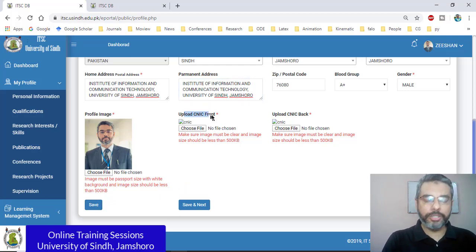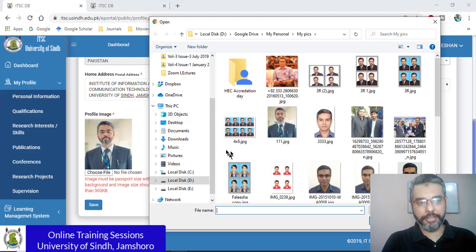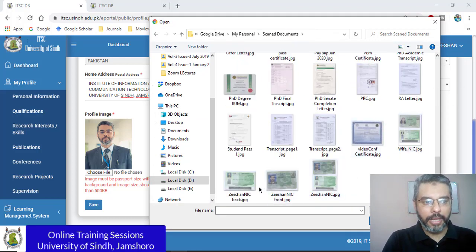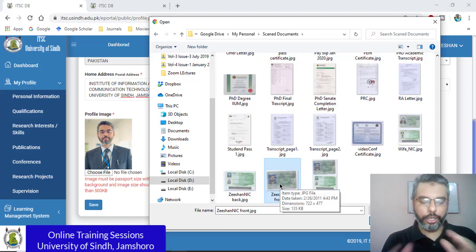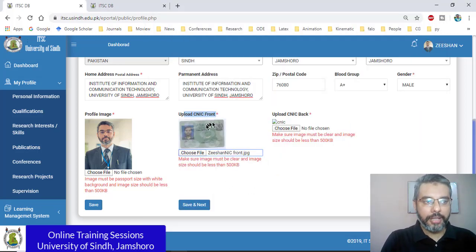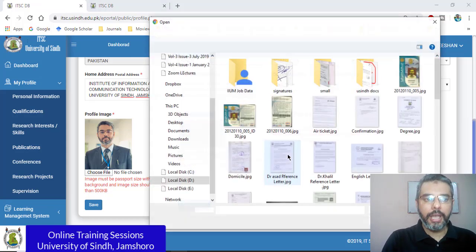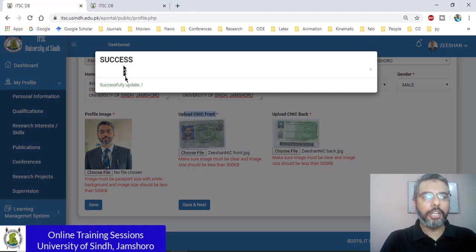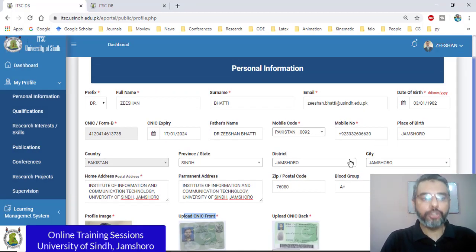Then come into upload CNIC. Here you are supposed to upload your CNIC. So once you click on upload, kindly go into your system where you have your CNIC card and select it. You need two scans for your CNIC, a front separately, and then just click on the CNIC back icon and separately choose the CNIC back. So this way we have CNIC front and back available. Then just click on save. Once this entire information is entered, it should give us a successfully updated message. All of the information here is mandatory, so do ensure that you fill your data in accurately.